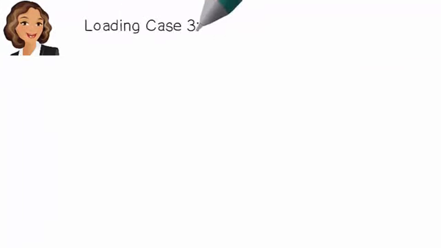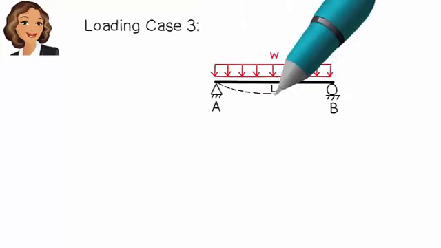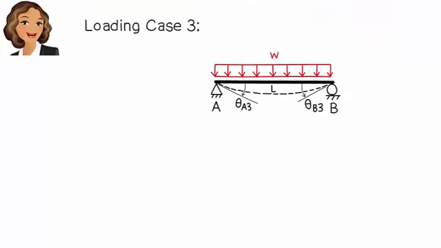Loading case 3. The load is uniformly distributed over the entire length of the beam, like this. Similar to the previous cases, we use the virtual work method to calculate these end rotations. They are: